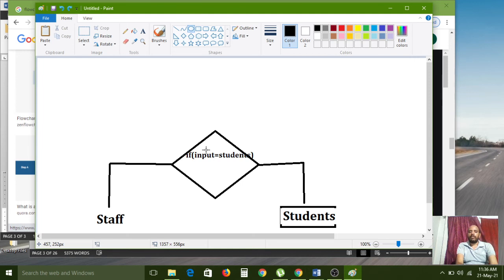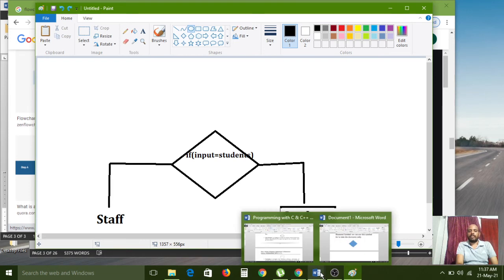And where we have to use this? For example, if the user is equal to student, then the student type of application will execute. Otherwise, he should be staff, so the staff application will execute. This we can represent for only two parts, nothing but staff application and student application.